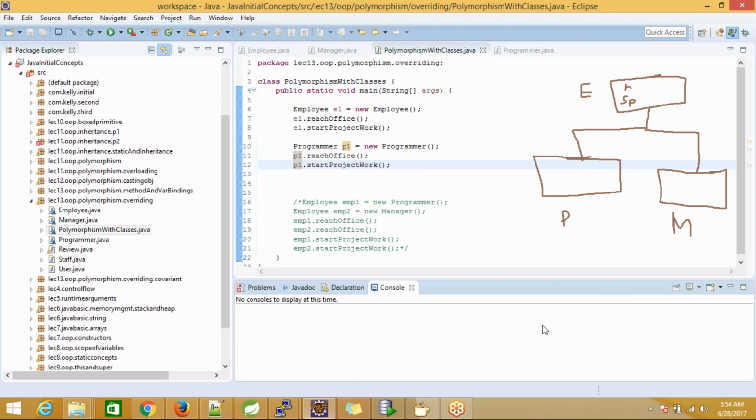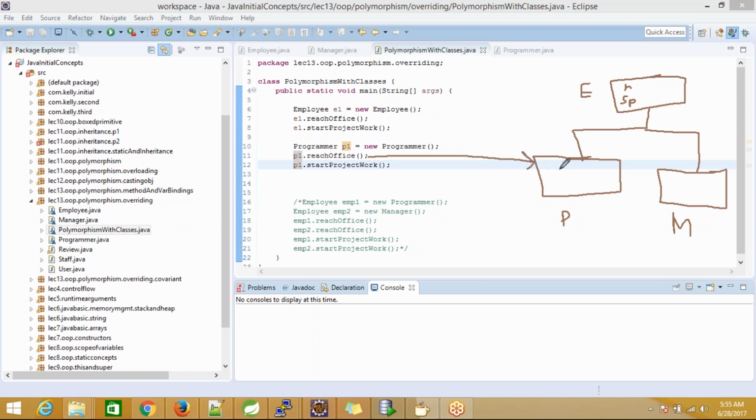So reach office is not overridden, so that will come from the employee class only. And start project work is overridden, so the programmer's body will get executed. Absolutely right. Whenever I define this, for this method, it will first come here and consult